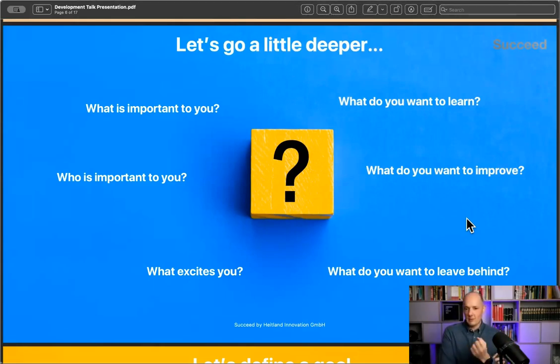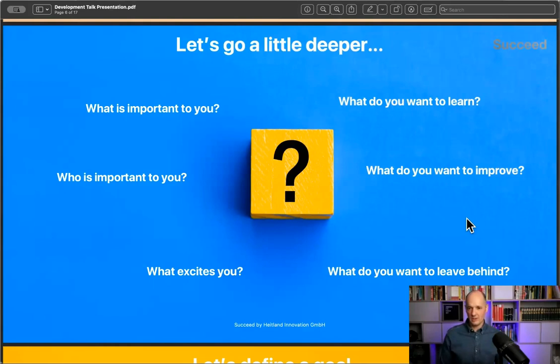What excites you from an individual perspective? And that can be a business angle or a personal angle. I always try to get both, because often we as managers are just working in a business context and we're not taking care of the life. I don't divide between business and life. For me, it's one thing, because I believe if we are human beings in a work context and we can truly be ourselves, we will be more successful, and the business with results, like I said in the beginning, will benefit from that.